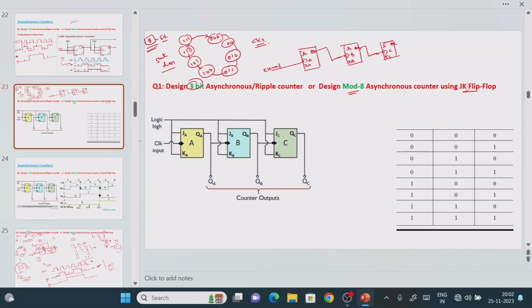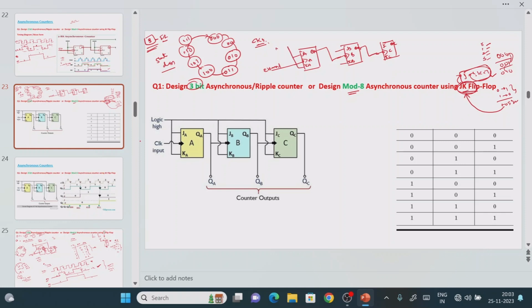So in which condition will it change the value from 0 0 0 to 0 0 1 or 0 1 0? What operation should it perform? Changing the binary number from 0 to 1 or 1 to 0 is called the toggle condition. Toggle condition occurs in a JK flip-flop when J equal to 1, K equal to 1. Otherwise your count will not change from 0 1 2 3 and so on. If it is performing toggle only, your count will change from 0 1 2 3. So in a JK flip-flop, when does the toggle condition occur? When J equal to 1, K equal to 1. If the toggle condition occurs, you will get the count 0 1 2 3 and so on. So for that, we always connect J equal to 1, K equal to 1.